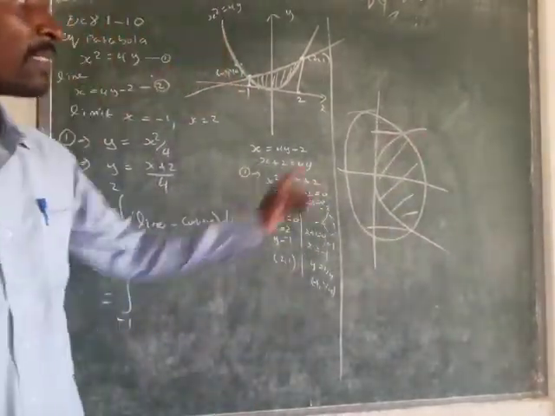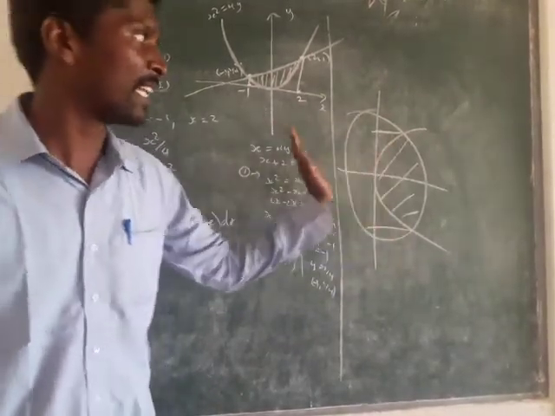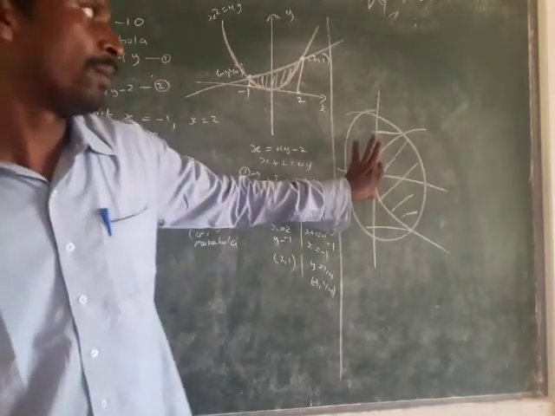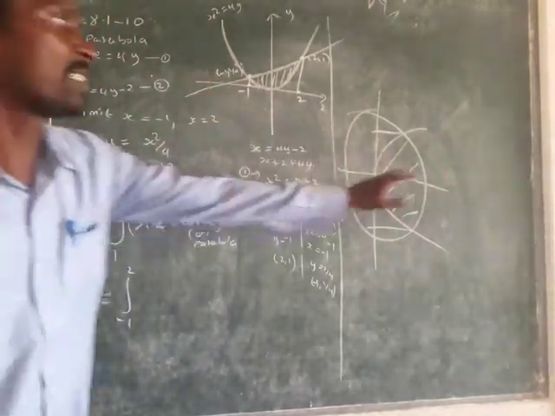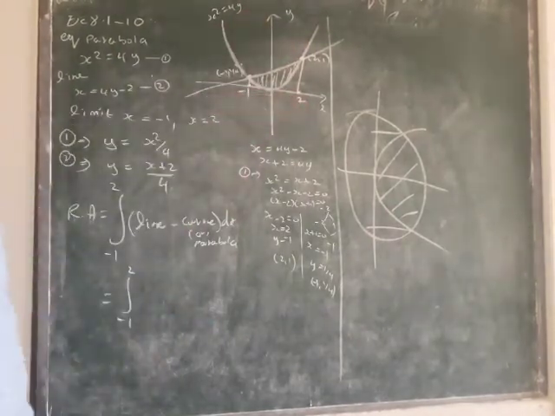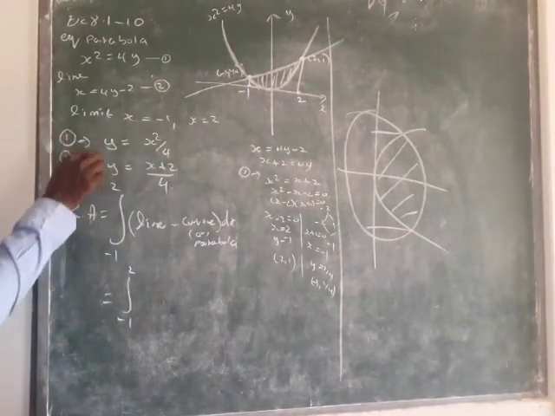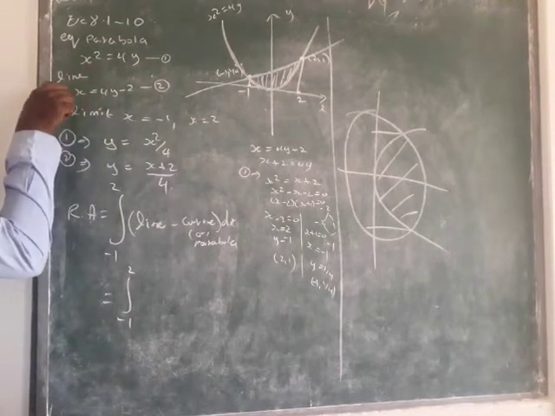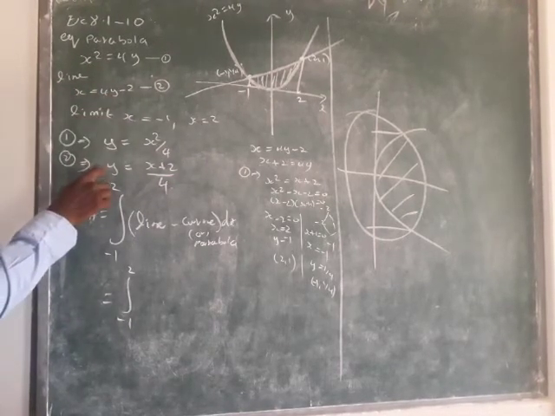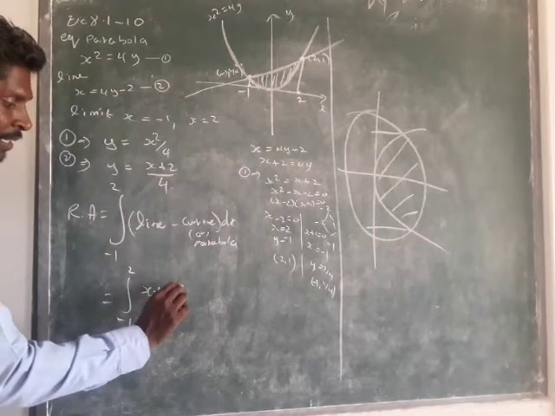Here what is above? Circle is above. So parabola is below. So when x-axis, see like that. Above, below. So y-axis, see like that. Above and below. In x-axis this is above, this is below. Okay. Now here the line is above. What is the equation of the line? This is a line. Equation 2 I take as the line. So from the line I take y equal to x plus 2 by 4. Right in the beginning, that's very important.